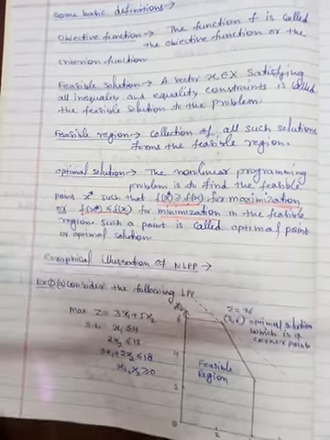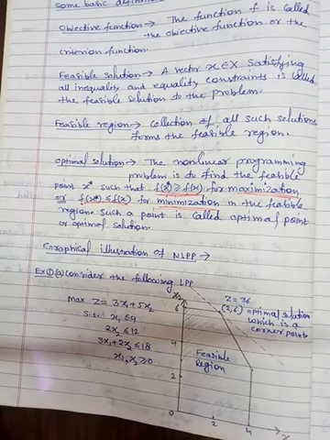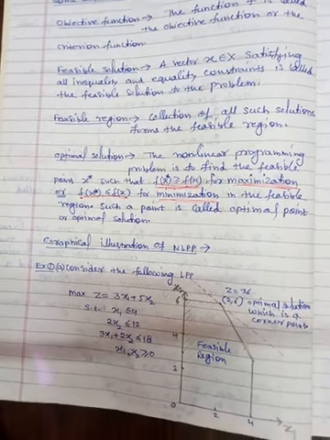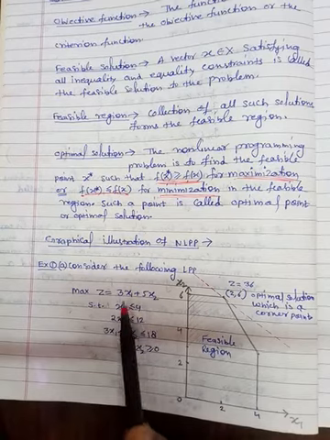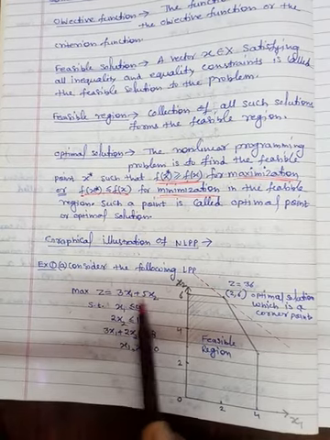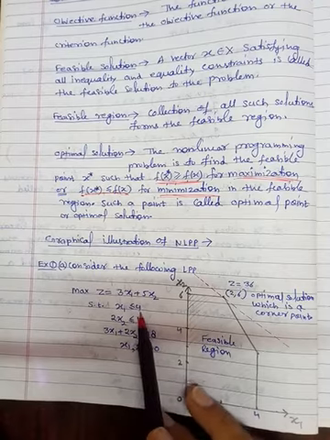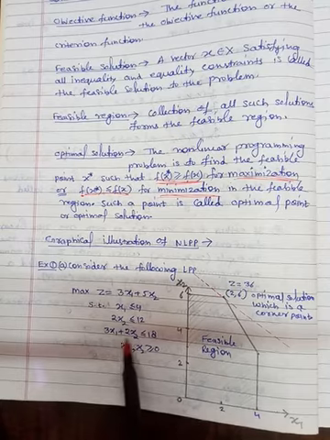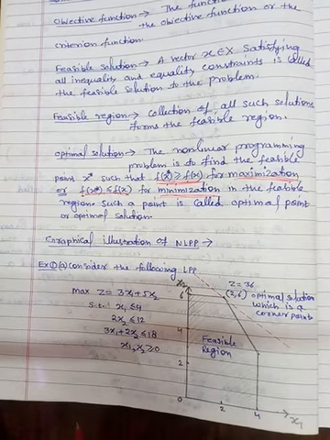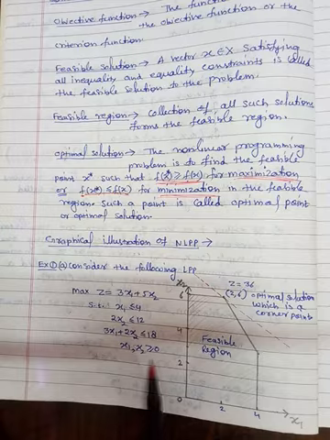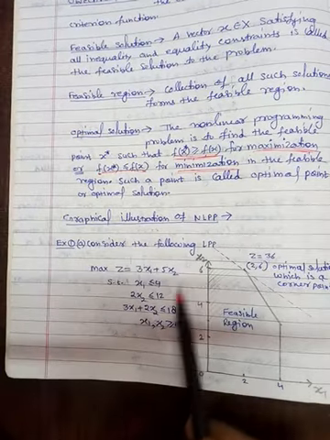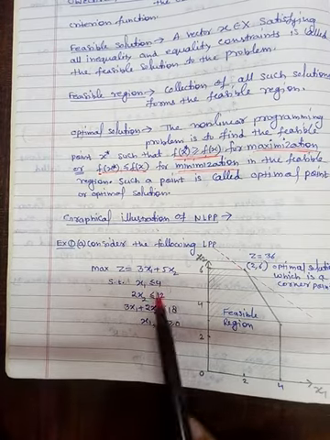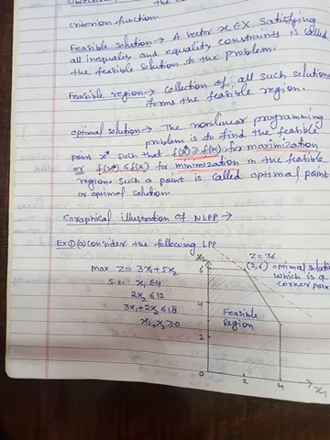The difference: what is the difference actually? Let's see. Here we have this problem. Consider this linear programming problem. Here the objective function is linear, 3x1 plus 5x2. This is a linear function subjected to the first constraint, which is x1 is less than equal to 4, 2x2 is less than equal to 12, and 3x1 plus 2x2 is less than equal to 18, and x1, x2 are greater than equal to 0. Fine. So all these constraints are linear. The objective function is linear, that's why this is a linear programming problem. Fine.